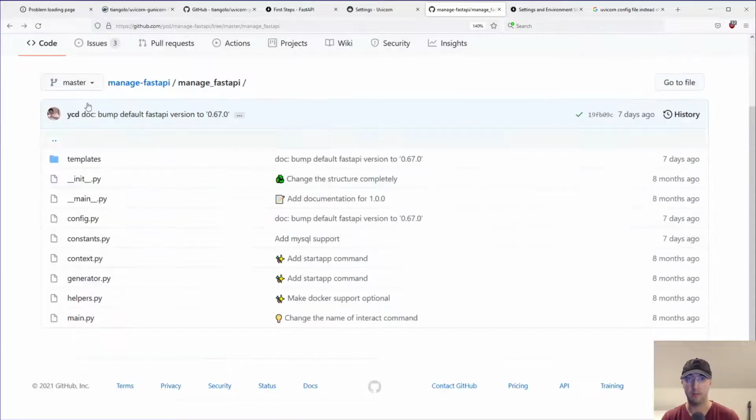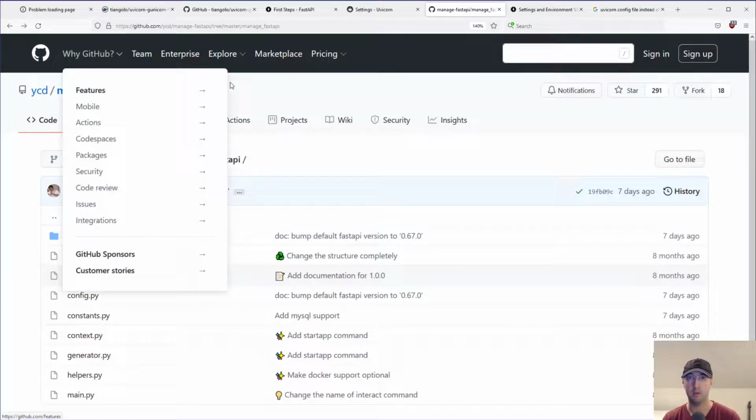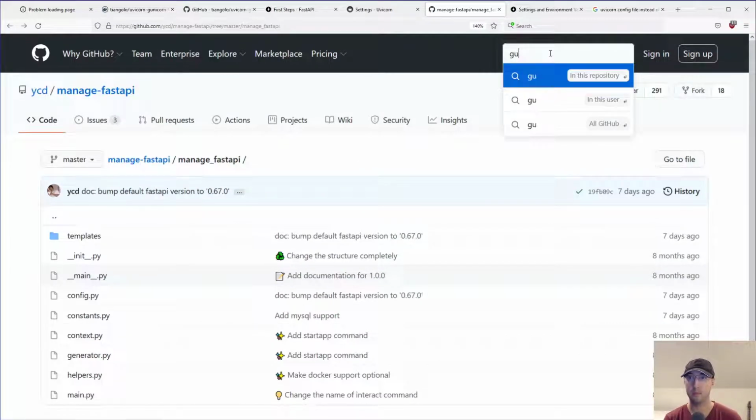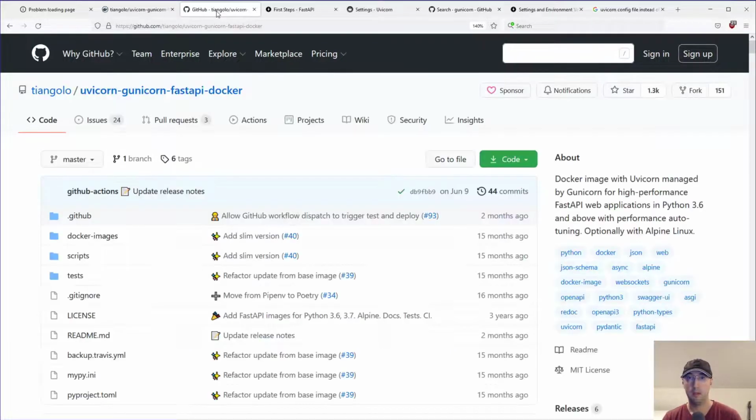Config. What if I do a search for gunicorn, maybe? Where's search? Oh, it's here. I'm not signed in. Gunicorn. Code. No, okay. That is not helping. What do I need to do then? Well,